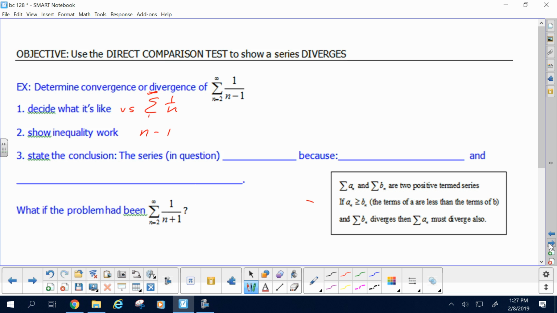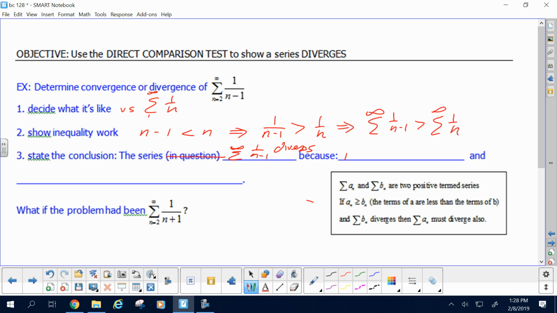Let's get into the inequality work and show, hopefully, 1 over n minus 1 starts off as less than n. What's the next step in my inequality work? Take the reciprocal. 1 over n minus 1 is greater than 1 over n. And then the sum, 1 over n minus 1, is greater than the sum of 1 over n. So we showed that the series they ask about is greater than a harmonic, which is infinite. Greater than infinite must be infinite. So we conclude the series 1 over n minus 1 diverges